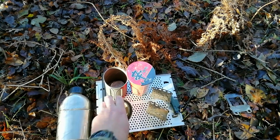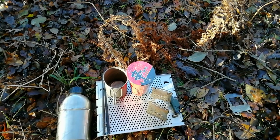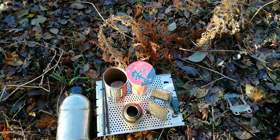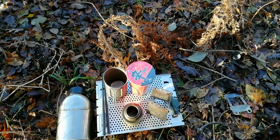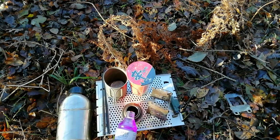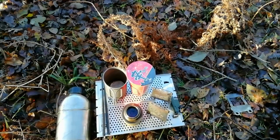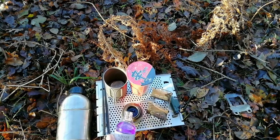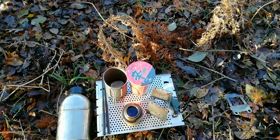Probably better to fill up the alcohol stove before I put it in the thing. See if this is okay as well. When we had the blackout, the only way we had to keep warm was to drink hot food, but obviously no electricity, so we couldn't use the electric stove. I had to use the Trangia, and I ran out of alcohol, so I had to use paraffin from the hurricane hand lantern, but obviously that brings out a lot of smoke or smog or soot, whatever you want to call it. So I want to make sure the jets on the Trangia aren't blocked up with it. Should have checked it before I came here, but